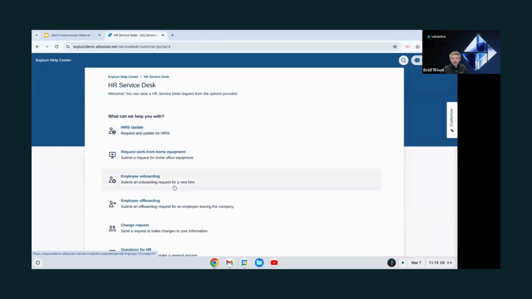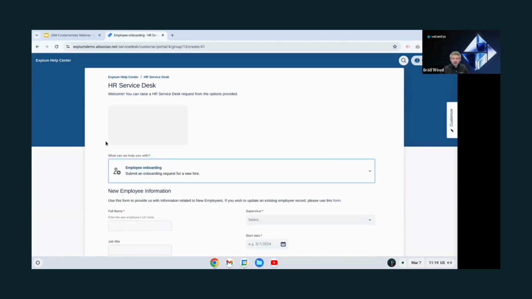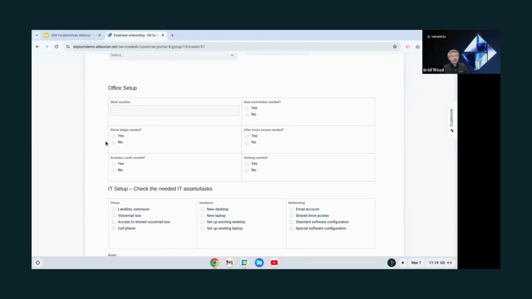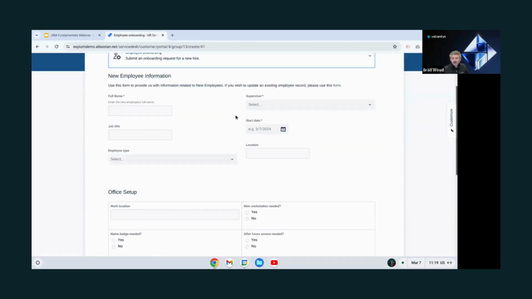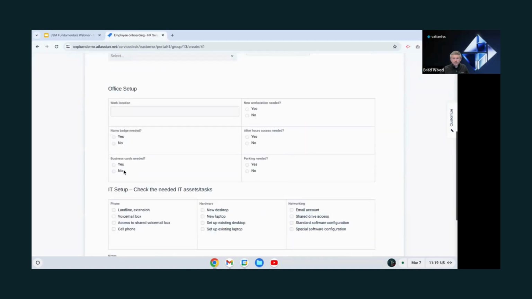We are going to go to our HR portal and select Employee Onboarding. And what I'd like to show here is there's some contextual formatting you can do in forms. So right away, we can see that the layout is very different here. We've got columns, we've got a table. One other cool thing you can do is show fields based on contextual